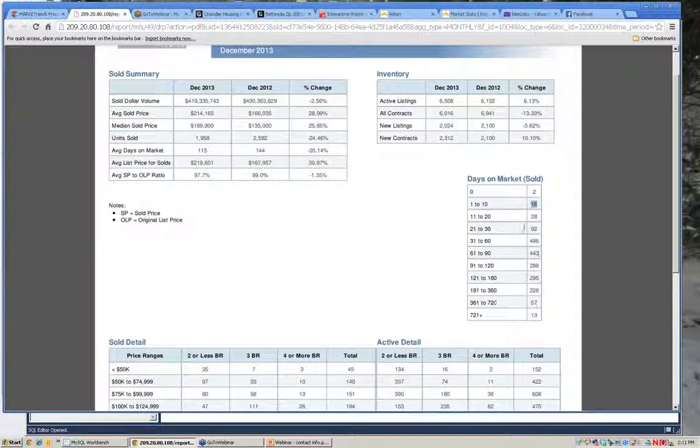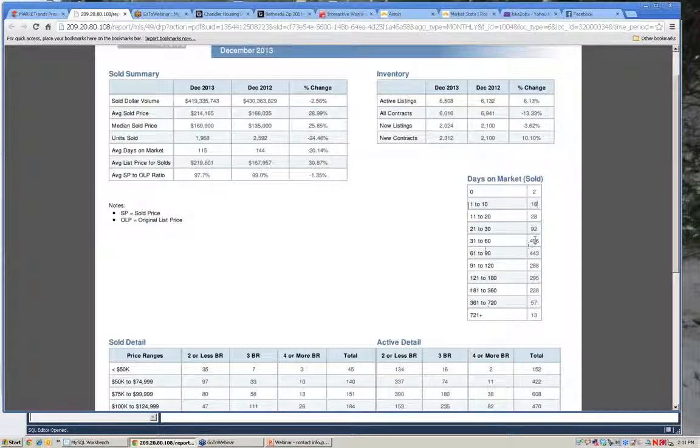So this gives you a good idea as to how hot the market might be. Some of that might be controlled by the financing and things like that that's out there. But it'll definitely tell you whether or not one area is hotter than another. And it's also good to be able to explain to your buyers and sellers, especially setting your seller's expectation, because